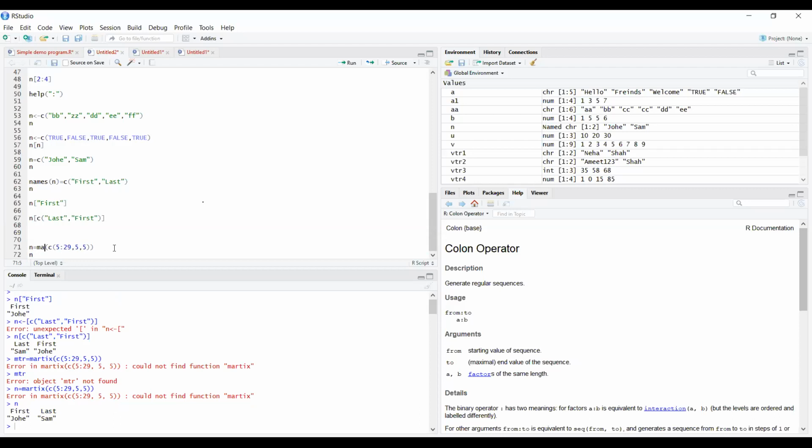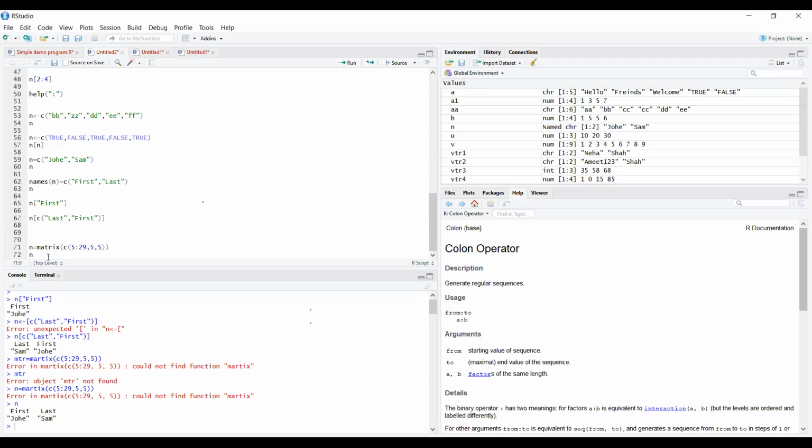This is how the data is. Here the data means whatever values you are going to pass. This is what we have passed. The data is from 5 to 29, so we want a matrix of 5 by 5. So 5 by 5 is the size of the matrix.